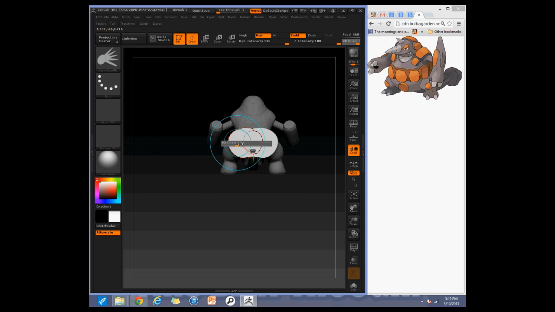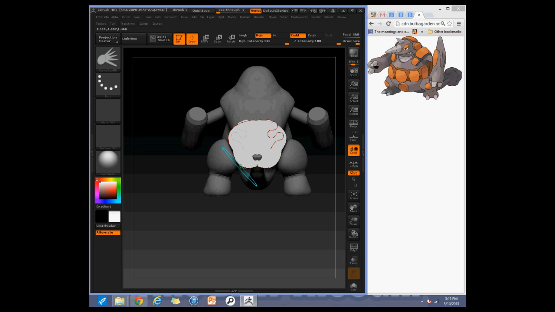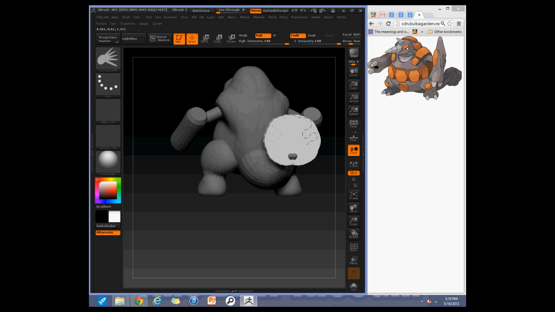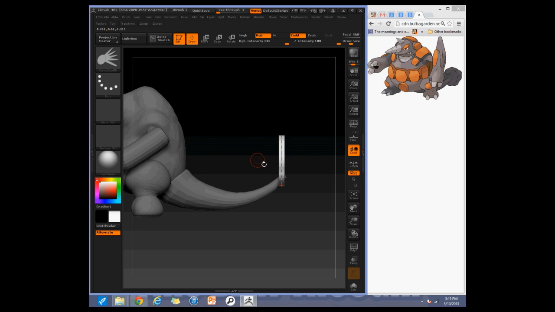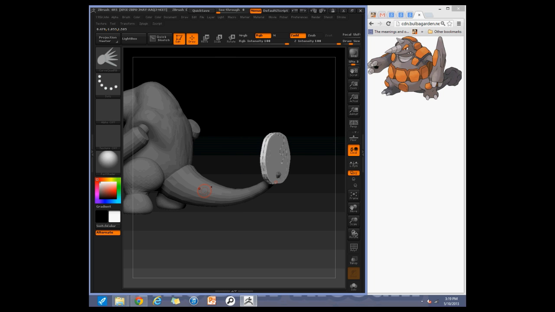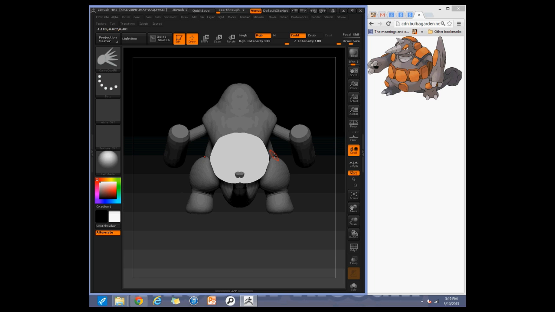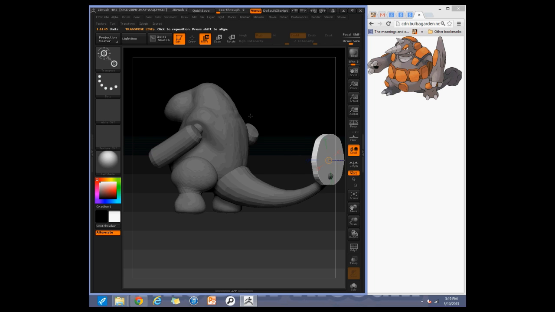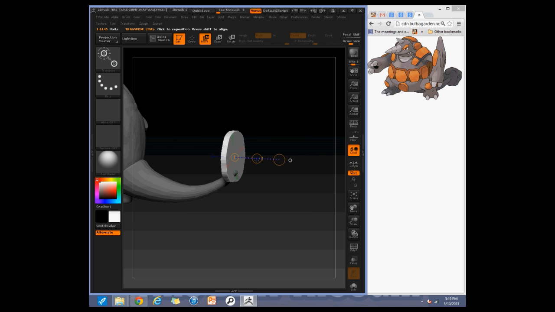So I'm just going to change the brush size of my curve and try to round that off in there a little bit better than that. Get a little quirky, but when I Dynamesh, I'll fix all of these problems. This needs to be thicker, so I'm going to click on empty space to delete the curve, press W and click on the empty space, because the new